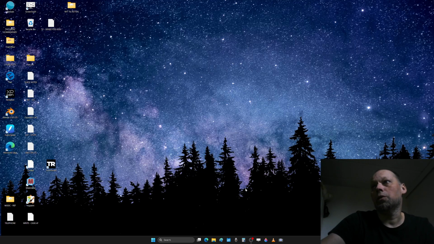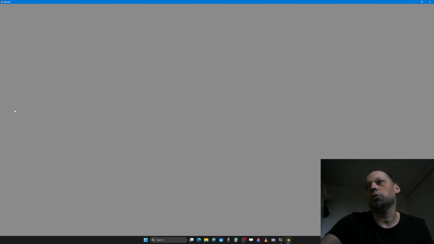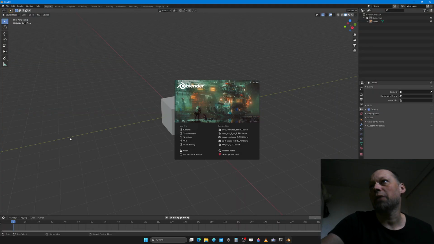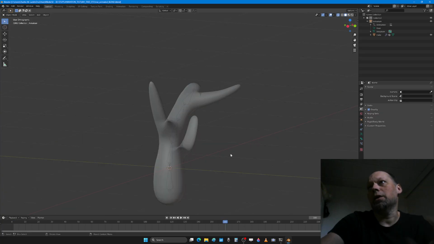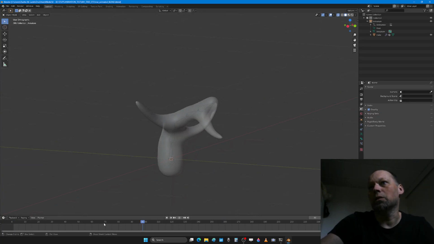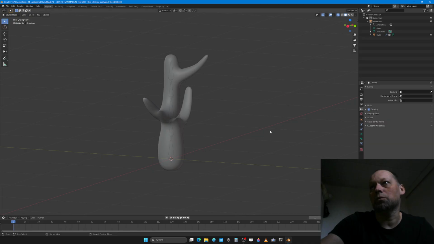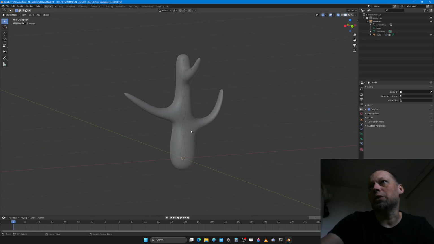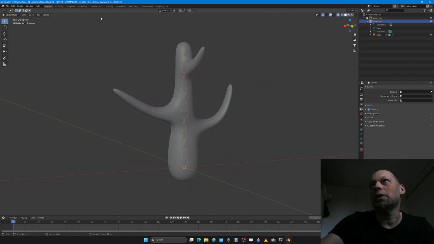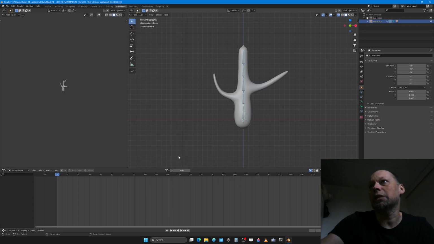Okay, so this is a video about how to import objects with multiple animations into Flax Engine. I have created this tree here, which I suppose should be more detailed. But we have a tree here, and I've added some bones in Blender and gone into animations here. And I have created animation 1, animation 2,